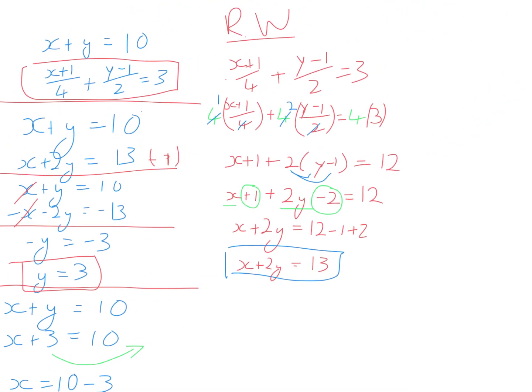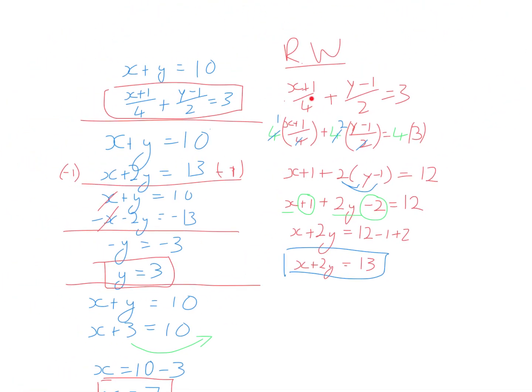The extra work we had to do this time was solving out, as rough work, a simpler version of our equation that contained a fraction. So we did that by finding a number that both denominators divide into. 4 and 2 both divide into 4. So every term got multiplied by 4, including 3, which isn't a fraction. It only works if every term gets multiplied. So then we're able to cancel the outside number. 4 and 4 gave us 1, 4 and 2 gave us 2. We can cancel the outside number with the denominator